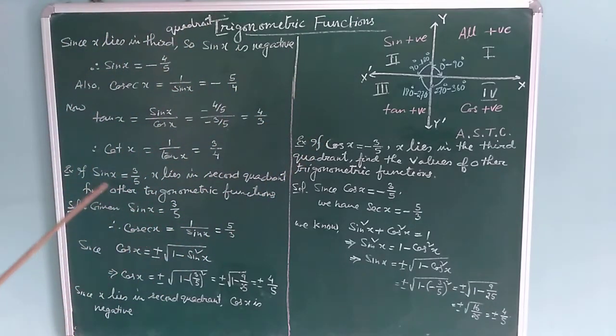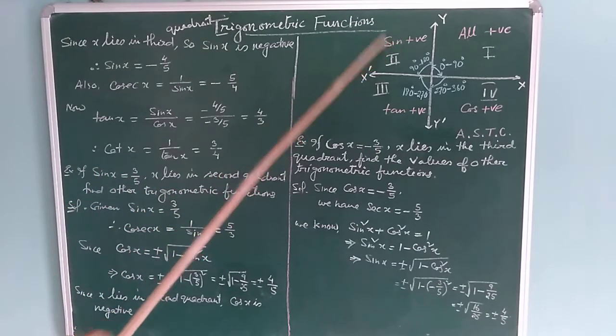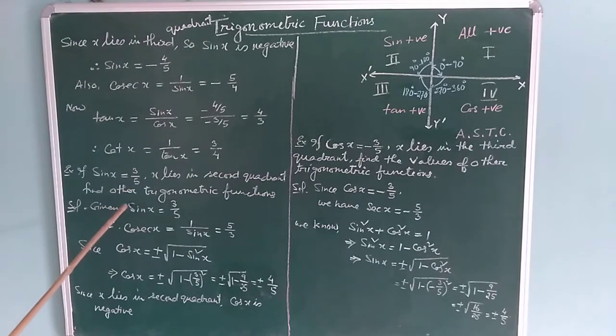So we have another problem: sin x equal to 3/5. Here x is in the second quadrant. So x is here, that's why sine is positive. Sine is given, we find cosec. Similarly cos, you see here from this one, cos x is plus minus under root of 1 minus sine square. You put sine here, what do we get? 3 square is 9, 25, this one. Okay, again we get plus minus 4/5, isn't it? Plus minus 4/5. So here x lies in the second quadrant, so cos x is negative.